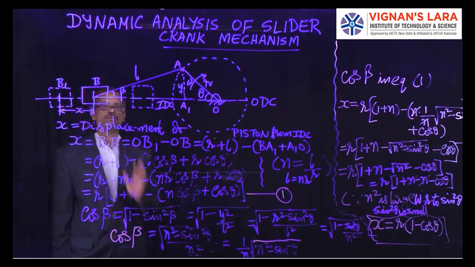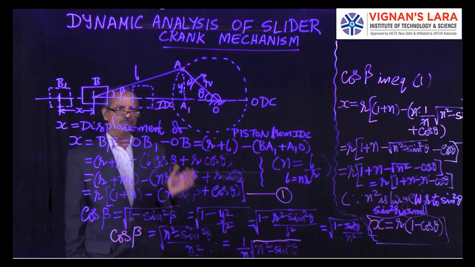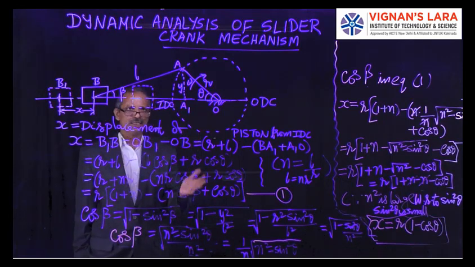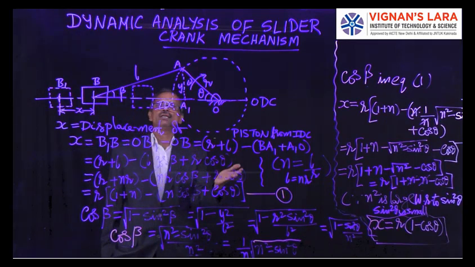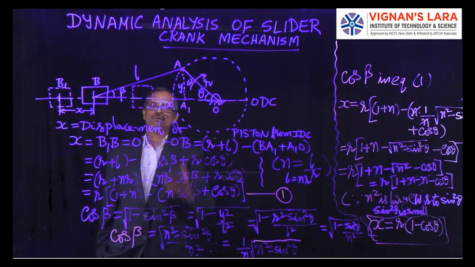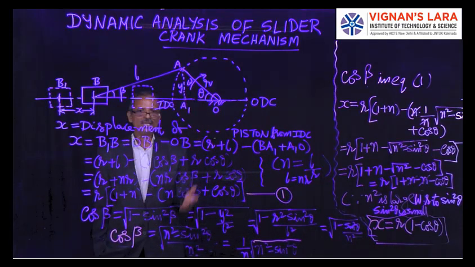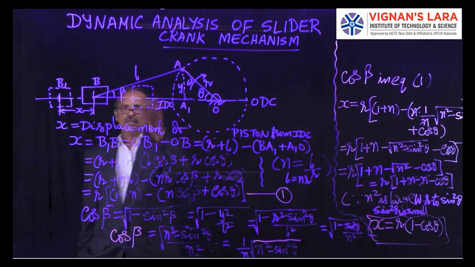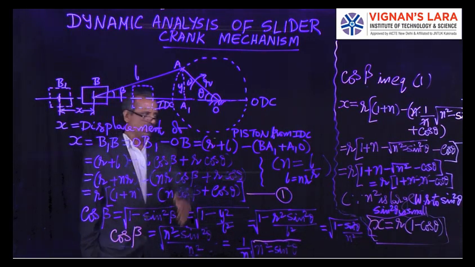The displacement of the piston x, when the crank moves and theta is 0 or 360, then it will be horizontal, to another position at a particular angle where we have shown theta and beta angles. Then we will see what is the velocity of the piston, what is the acceleration of the piston, and what are the connecting rod velocity and accelerations. That we will proceed.